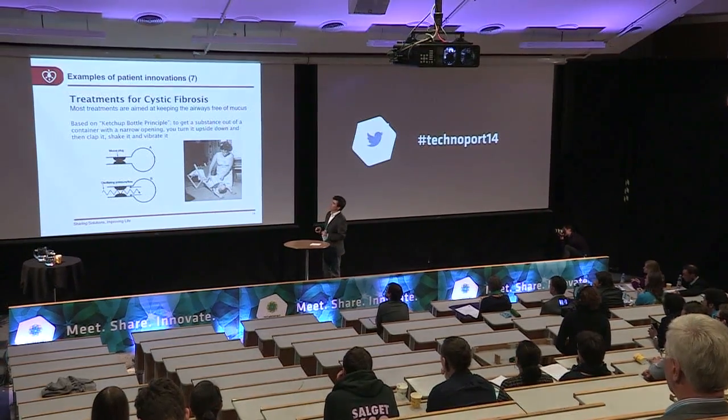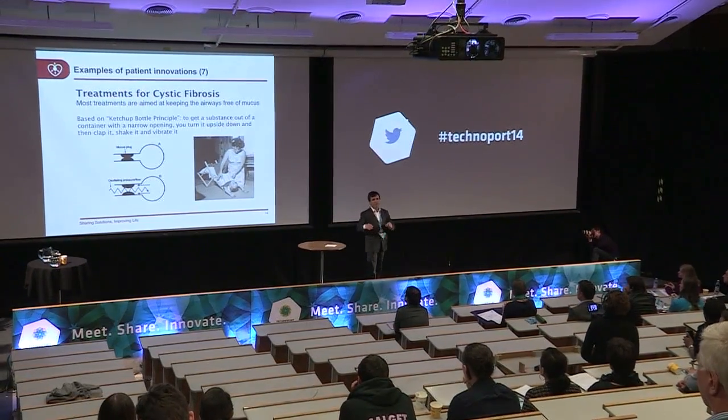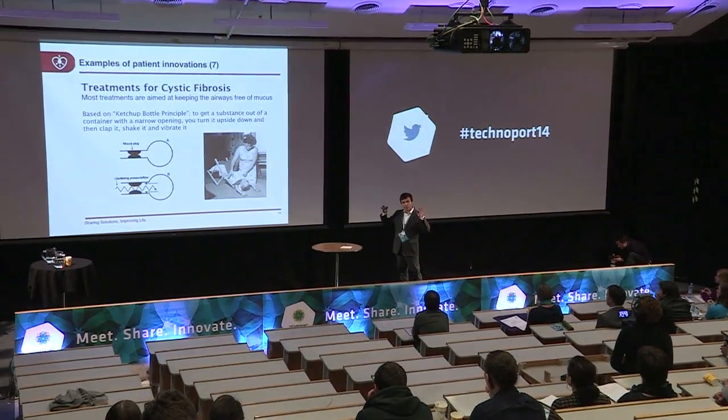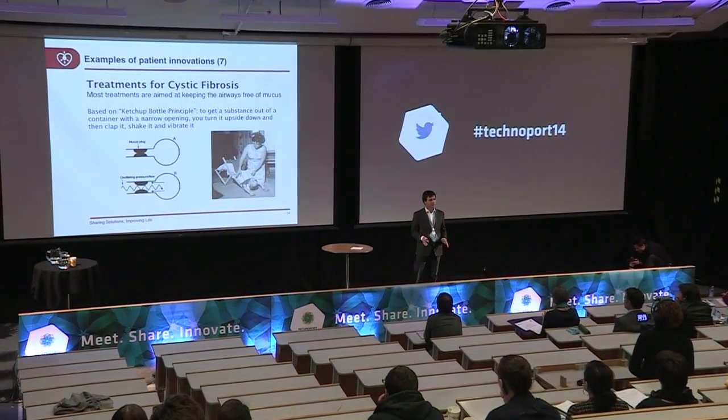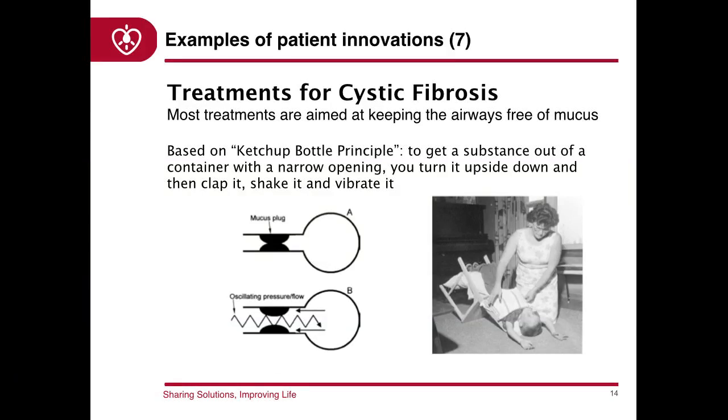And we found all these examples, and people were saying, you know, those are random industries. You are giving me examples from different diseases. You should actually look at one disease and say that this is significant. And that's when we focused on cystic fibrosis, a disease that is complex, but one of the things that I'm an engineer, I can understand, is that one of the problems is that people need to take the mucus out of their lungs. Otherwise, they may get lung infections and die with this disease.